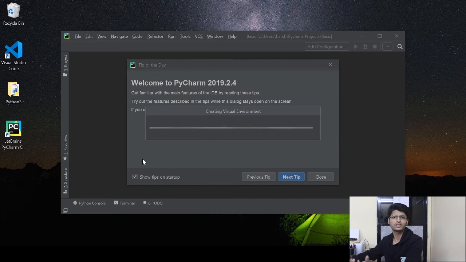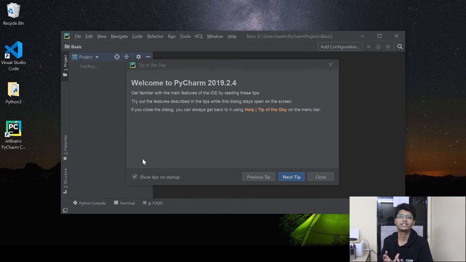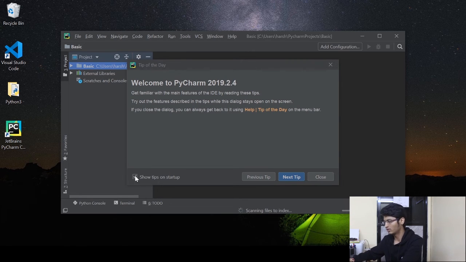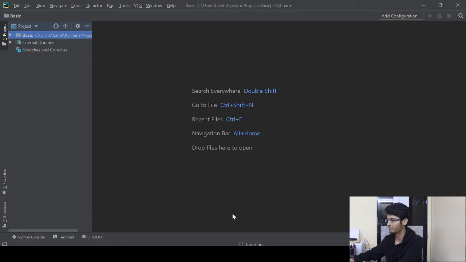Let's wait until it does all these configuration things like creating the virtual environment and configuring all the paths. It will take a few seconds, I guess, and once it is done, we will be ready to write some code and test whether it is working properly or not. Similarly, like we tested it on Visual Studio Code, we will do the same thing here also. We will again write print and hi, and that's our goal. Show tips on startup, no please, I don't want it. And yes, here we are with our PyCharm, and this is our project that we have created just now,